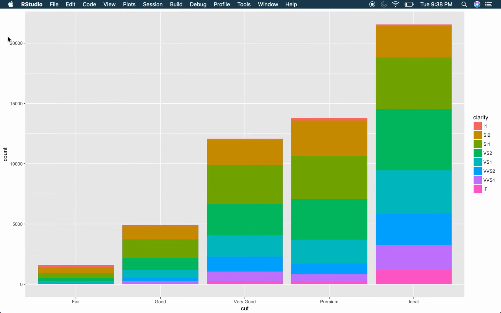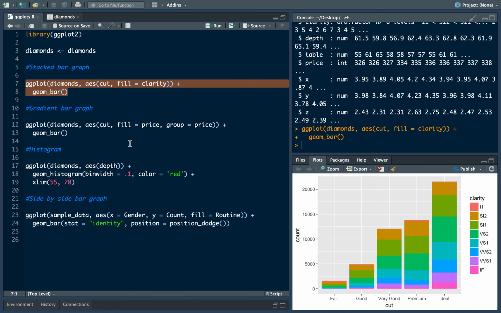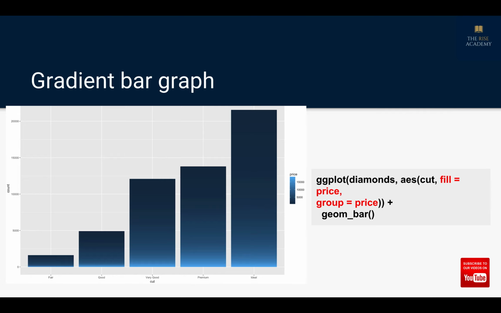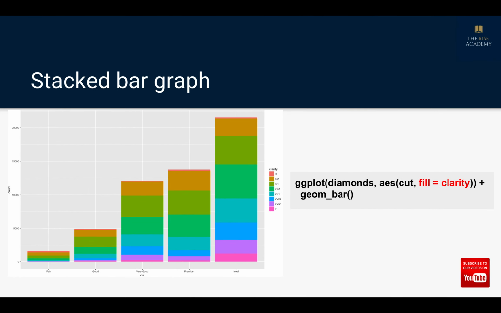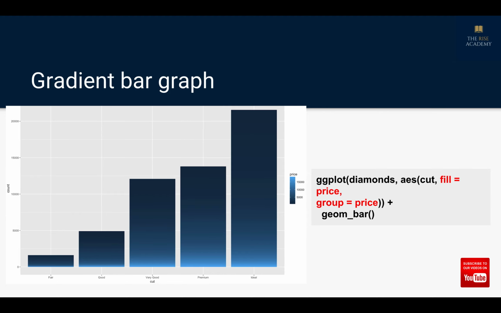Very intuitive and easy to understand. Okay, so let's close this one and go to the next one. Okay, this is a gradient bar graph, exactly the same as before, just that in the previous one, the fill was a discrete variable. The fill clarity was a discrete variable, whereas here the fill is price and it is